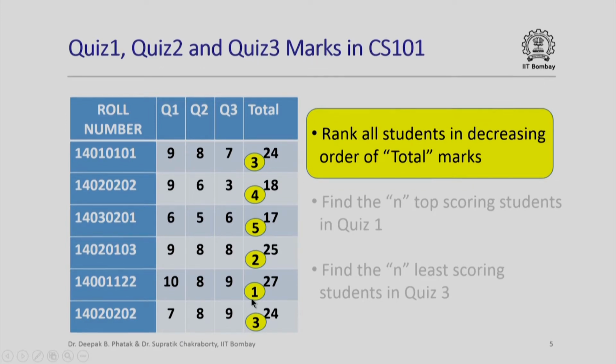So I could look at the rows of this table and come up with these annotations on these rows, and then by finding out which of the rows has the annotation 1, I could find out the highest scoring student, which of the rows has annotation 2, I could find out the next highest scoring student, and so on. Wouldn't it be convenient if, in order to answer this question, I had these rows already sorted or ranked